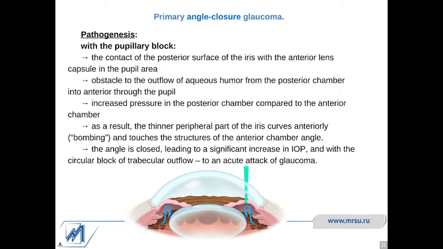There are different variants of primary angle closure glaucoma, and first of all, we will speak about the pathogenesis of glaucoma with the pupillary block. The contact of the posterior surface of the iris with the anterior lens capsule in the pupil area here. Then obstacle of the outflow of the aqueous humor from the posterior chamber into the anterior through the pupil. The aqueous humor stays here in the posterior chamber. Increased pressure in the posterior chamber compared to the anterior chamber, and as a result, the thin peripheral part of the iris here